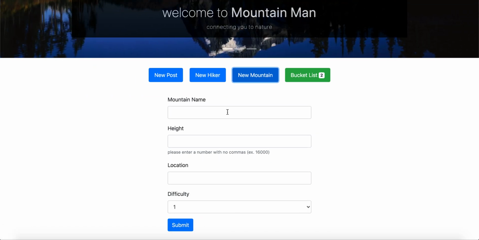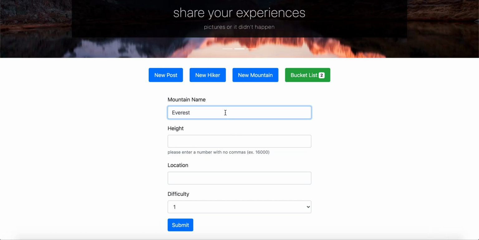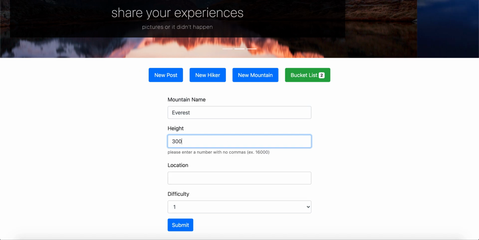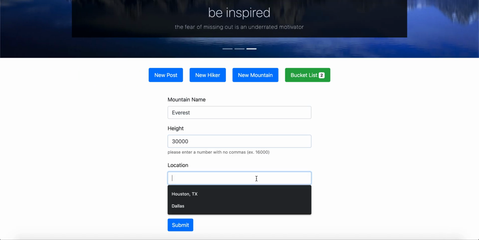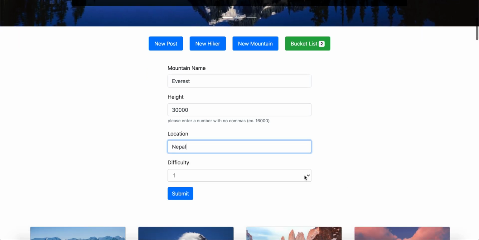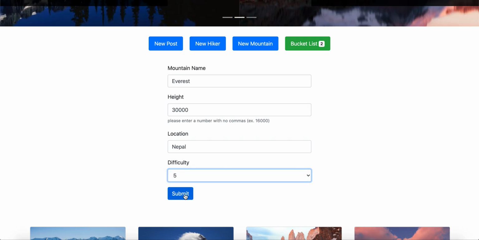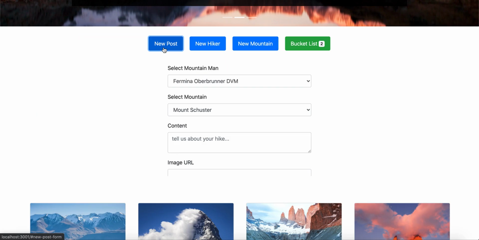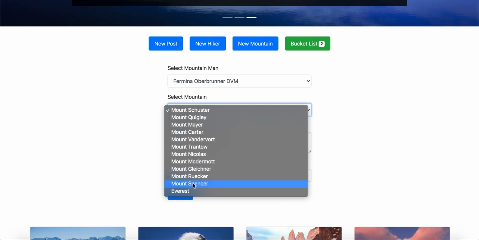Let's do maybe Everest. The height will be, I don't know exactly what it is, I'm just going to call it 30,000. Location is in Nepal, and difficulty 5. So I can submit that, and I now have the option of picking that mountain down here at the bottom,